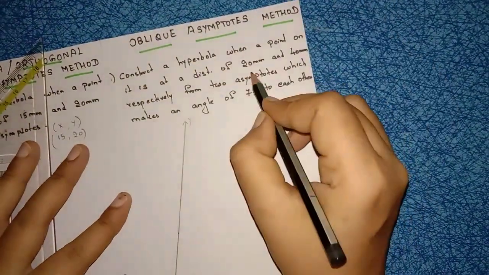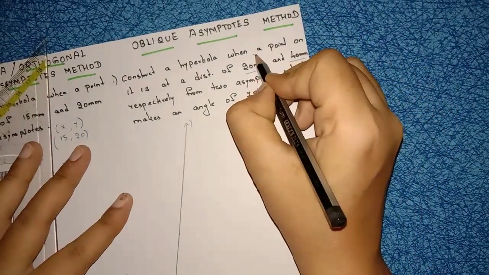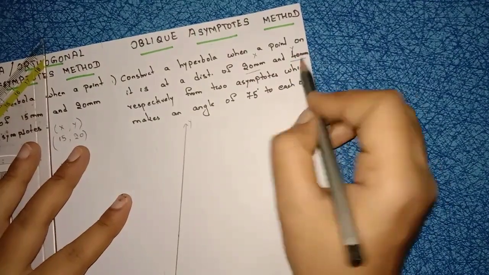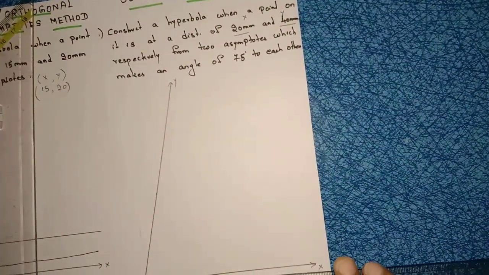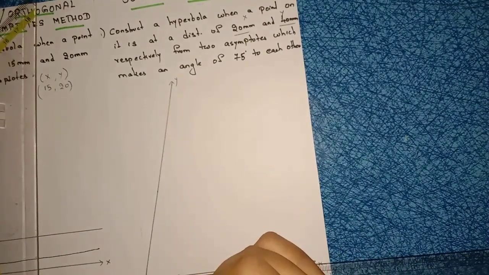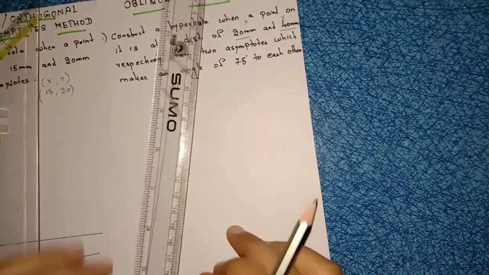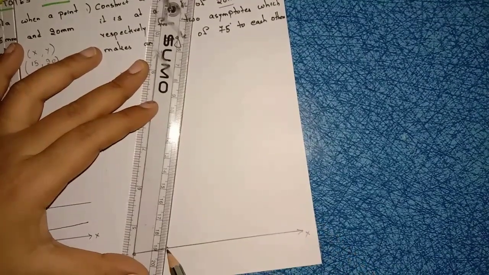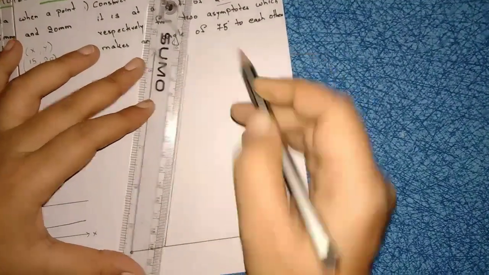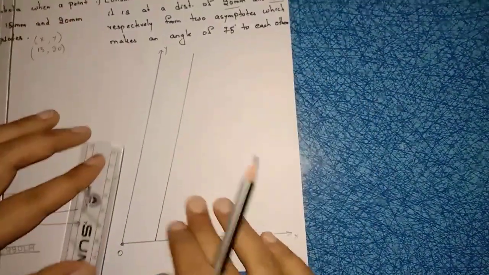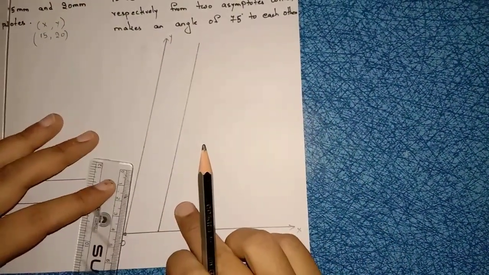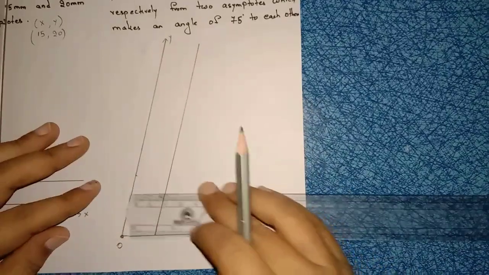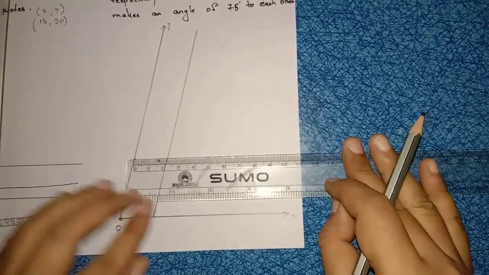Right? So 20 mm and 40 mm. Right? X coordinate, y coordinate. On x-axis you have to mark 20. On y-axis you have to mark 40. Right? So on x-axis I am marking 20 mm distance. So exactly parallel to this one, I am drawing a line, right? Then next on y-axis 40. So this is your y-axis now. On y-axis I am marking 40 mm distance. Right? And I am drawing a line.